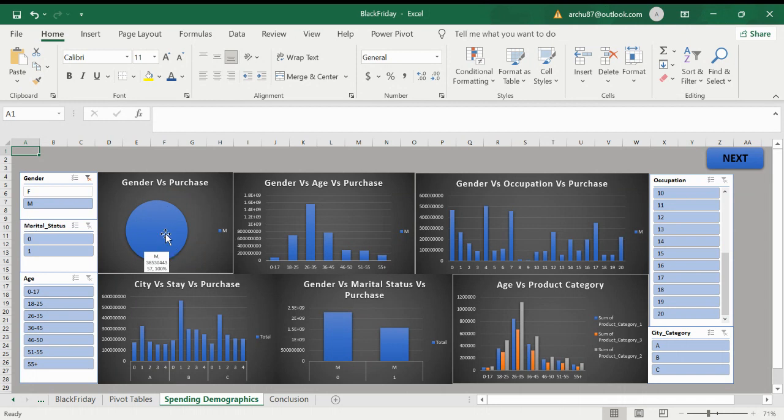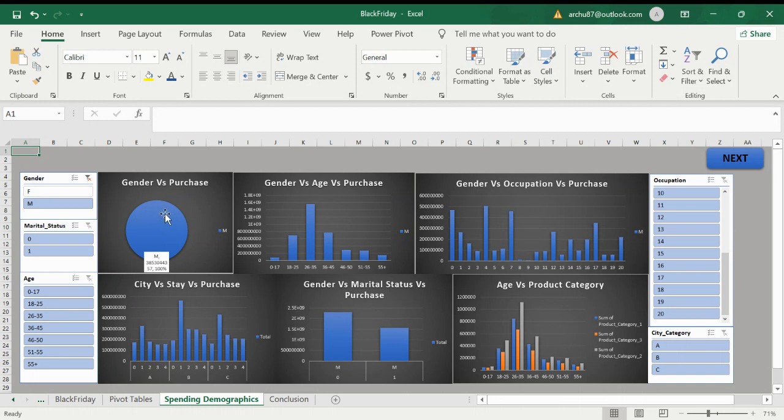If there are both genders, we can see the pie of each contribution. Here I have selected only male, so the 57